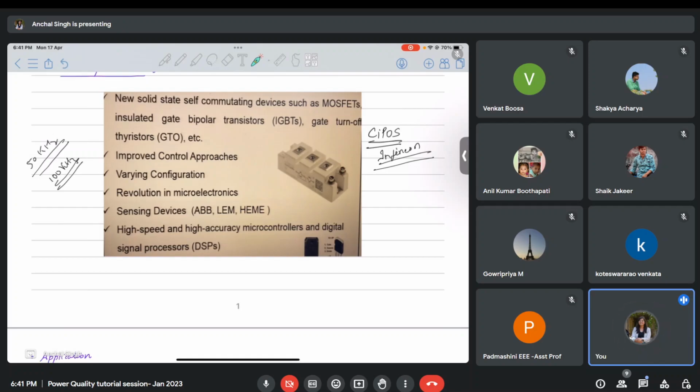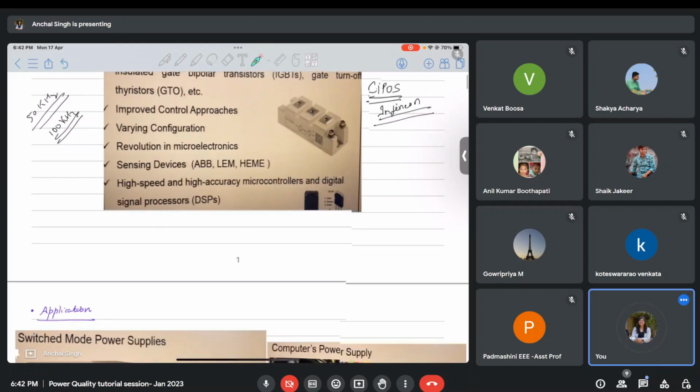But the cost for high accuracy, you have to pay. When you want a high accuracy DSP, you will have to increase the cost of the system. So there again a trade-off comes. How much error is tolerable in your system, and depending on that you decide which kind of DSP to use in your application.